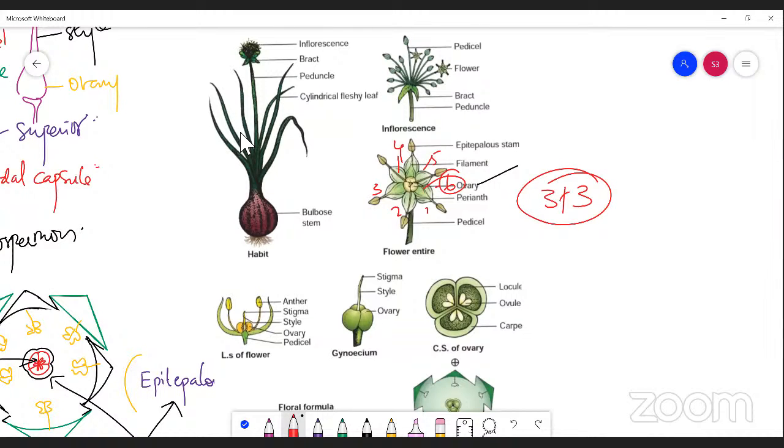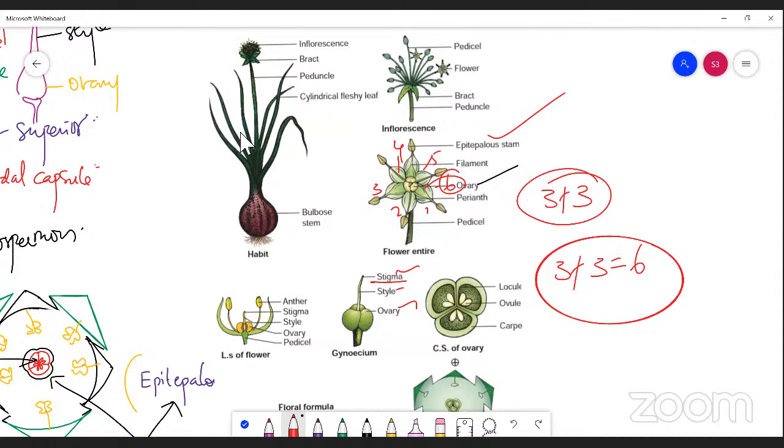And the next one is androecium. Talking about androecium, the stamens are also 6. So all the 6 stamens are arranged in 2 whorls, 3 and 3. All the stamens are inserted on the middle of the tepals, hence it is known as the epitepalous condition, right? Talking about gynoecium, stigma, style and ovary, the stigma is the very wide upper part of the gynoecium, followed